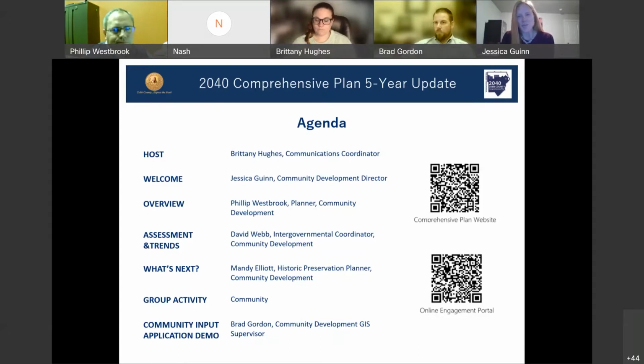So this is the first shot for us to hear from you, Cobb County residents, about what you would like to see included in the 2040 comprehensive plan. This is a process required by the state of Georgia, so we are completing it in accordance with state requirements. And the plan needs to be adopted prior to October 31st of this year. Philip is our project manager, and our planning team is all on board here. They'll give you a good overview of the process, what to expect from here, and how you can continue to be involved throughout. We appreciate your involvement. We look forward to hearing from you throughout the project.